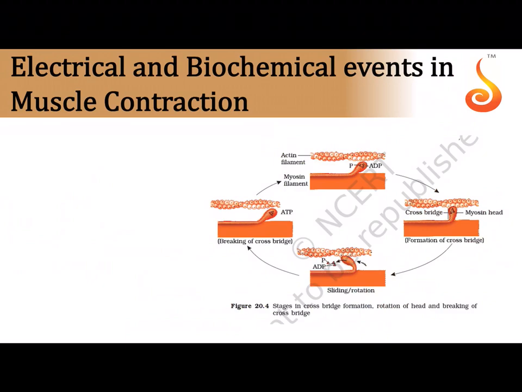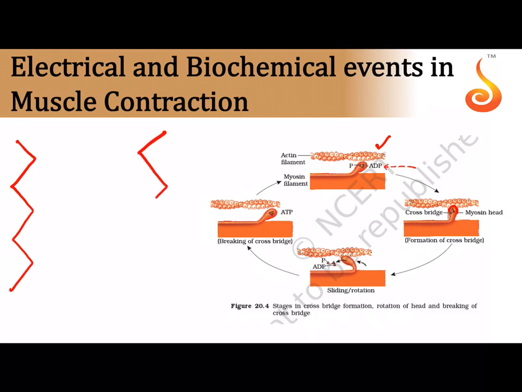See the myosin head projecting out. It wants to bond with the actin. For the head to be able to form a bond with the actin, and that bond is referred to as a cross bridge, the head must be in a highly energized state. When the head is in a highly energized state, it is bound to ADP and Pi. Now see here, the head has established contact with the actin filament. Now this, always remember,